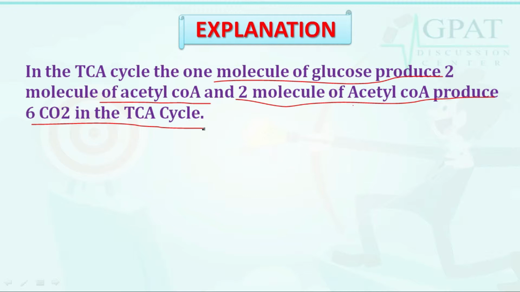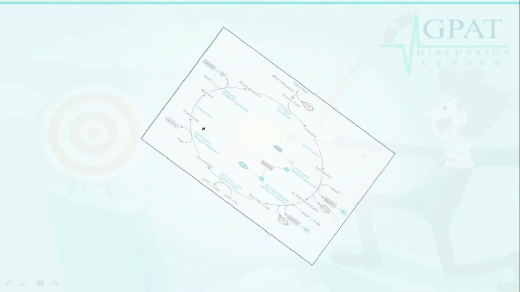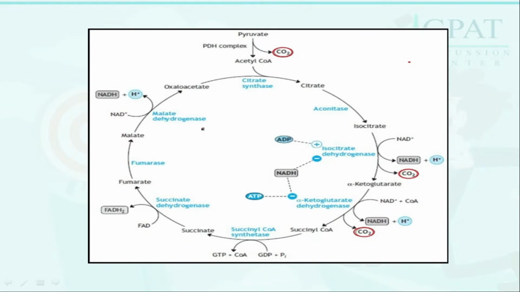How can it produce? How can it be possible? So let's discuss with the help of this chart. There is pyruvate and it forms acetyl coenzyme A. As we already know, 2 molecules of acetyl coenzyme A produce 6 molecules of CO2. Here 2 molecules of CO2 is there, 2 is there, and 2 is also there. So how many is it? It comprises 6. So the Krebs cycle starts from the pyruvate, and after it converts to acetyl coenzyme A with